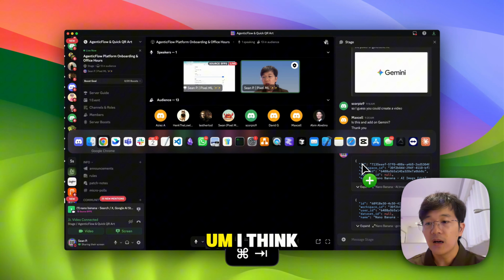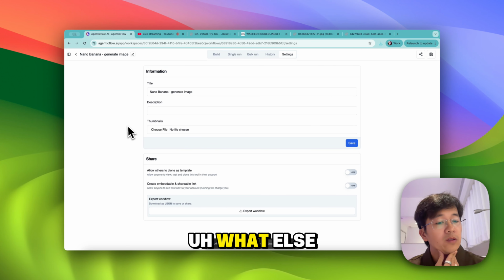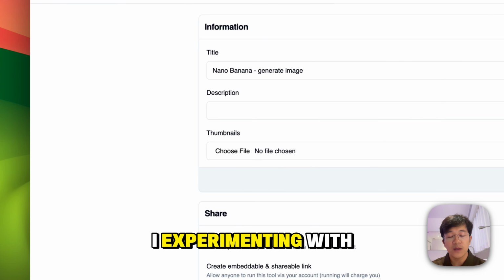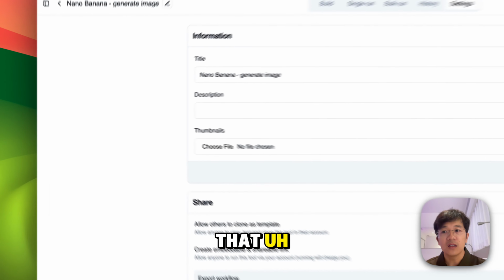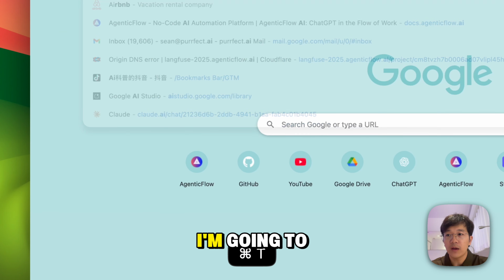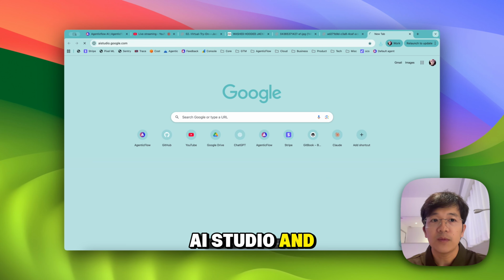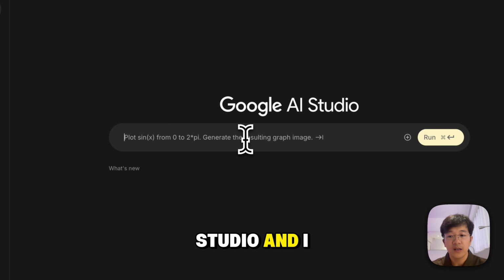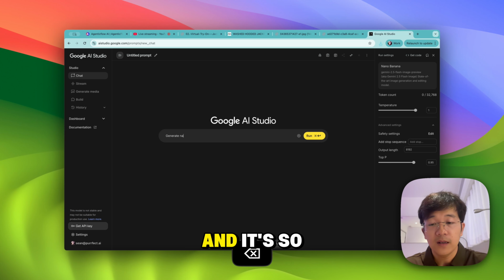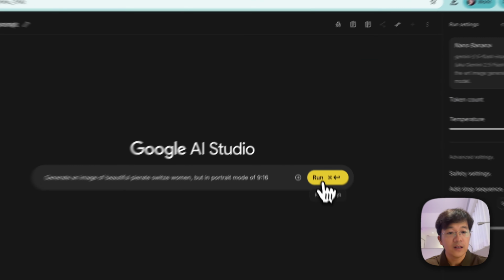All right, good. So, what else? When I was experimenting with this, Nano Banana, I figured out that this one has some limitations. For example, I'm going to AI Studio, you should still see my AI Studio, and I will say, generate a beautiful sweet woman, portrait mode, 9:16.